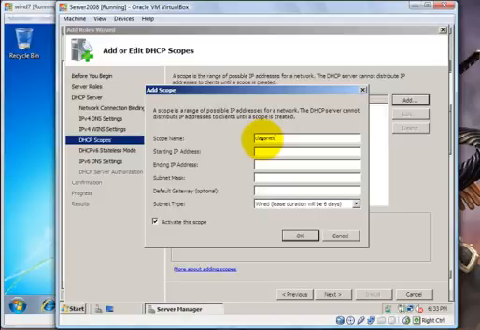net, and our starting IP address I would say would be 192.168.1.10. And the ending IP address, I will give us about 40 devices, 192.168.1.50. Our subnet mask will be